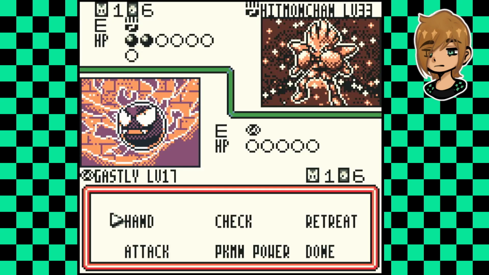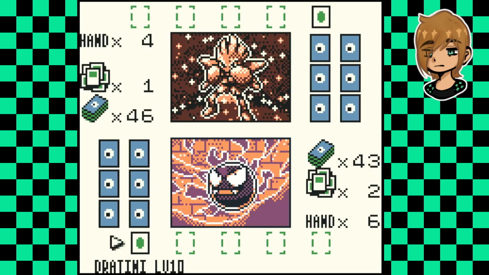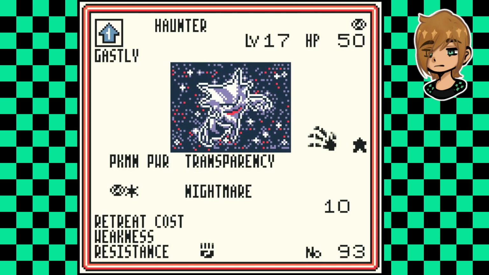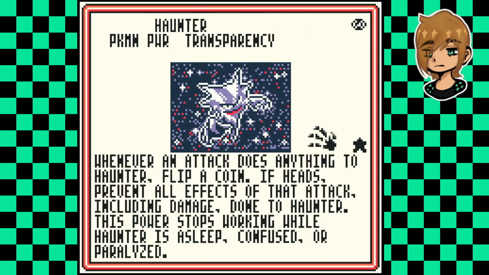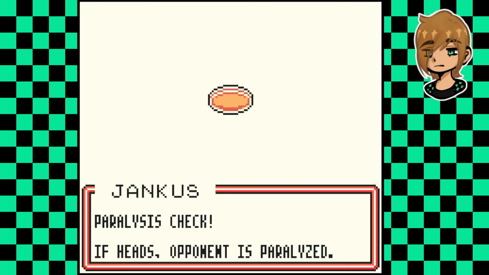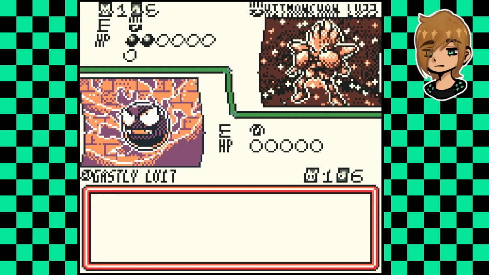I don't want to evolve into Haunter yet, because it can't even do anything to me yet. I believe the Haunter takes 2 energies to attack with. Yeah. Plus, the moment Lick is doing more good than harm, so...